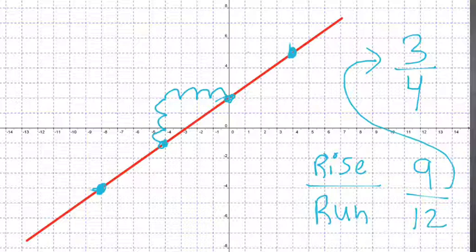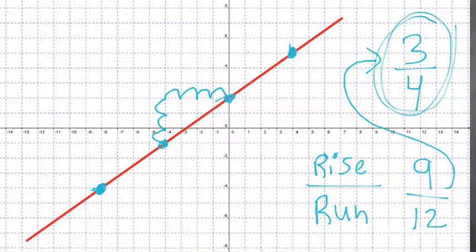If you were one of those students that immediately spotted those 2 points, you would have immediately gotten the simplified slope. You would have just bypassed the whole simplifying step. But the reason why I got the 2 points that were farther apart from each other was to show you that it doesn't matter how far apart the points are. As long as you count your steps accordingly, and as long as you simplify correctly, you'll always find